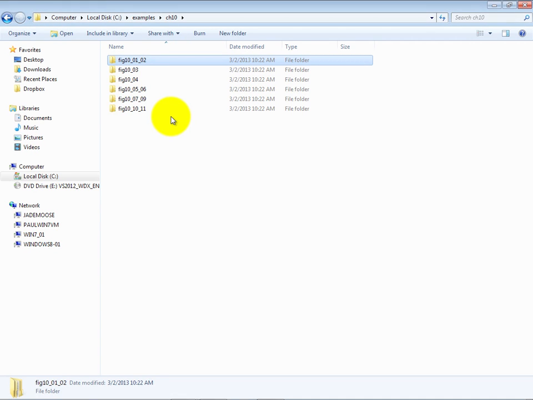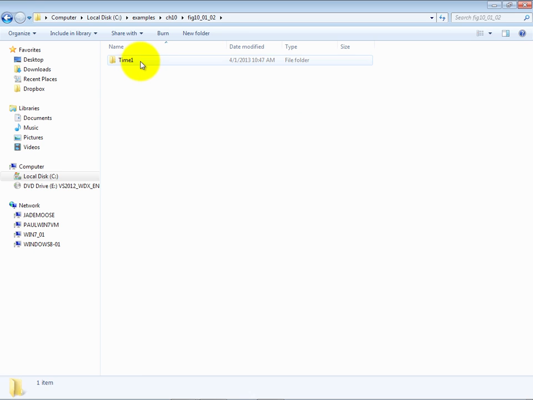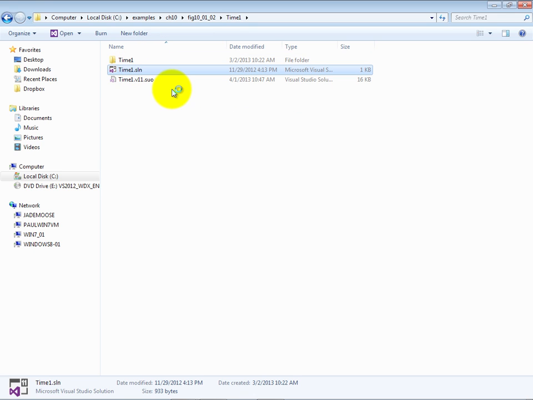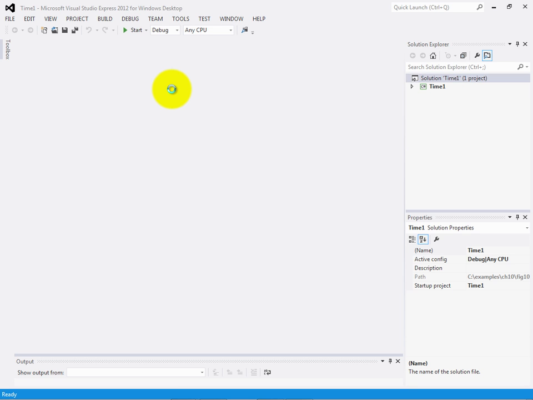For our first example in this lesson, we're going to take a look at the beginning of our time class case study, and we'll be using versions of the time class that we're going to introduce here in several of this lesson's examples. Now, as I've opened up the project here and just expanded in my Solution Explorer, you can